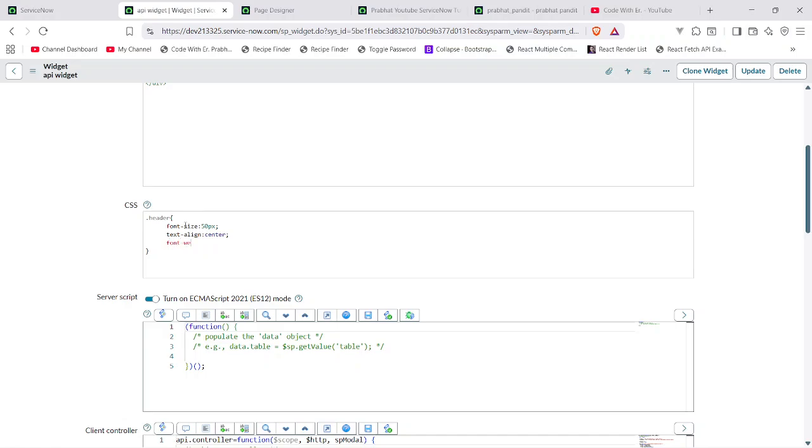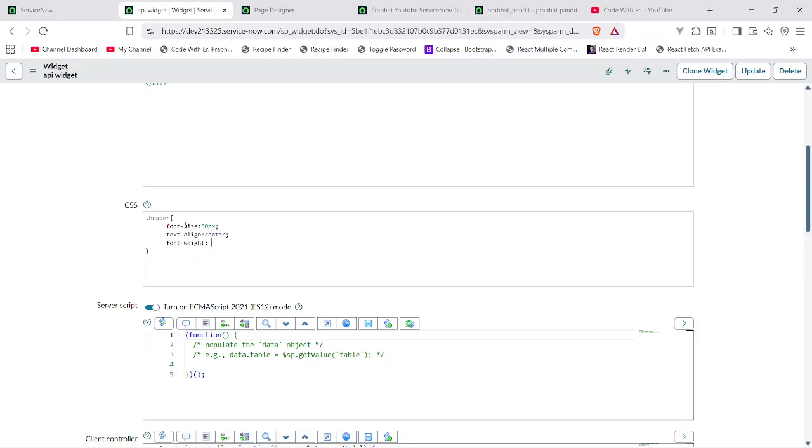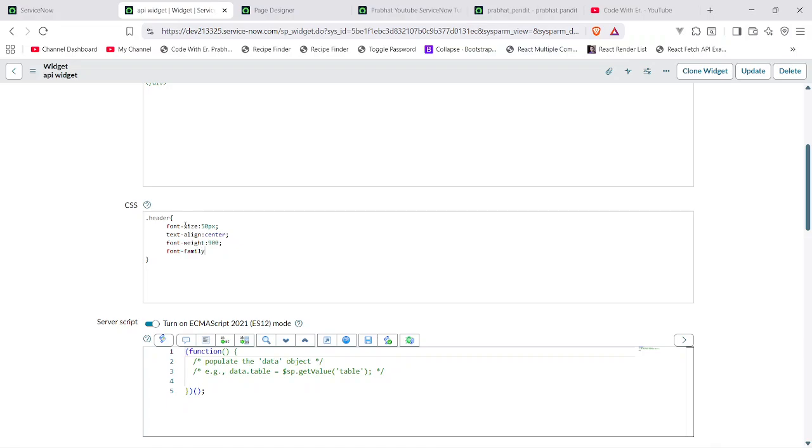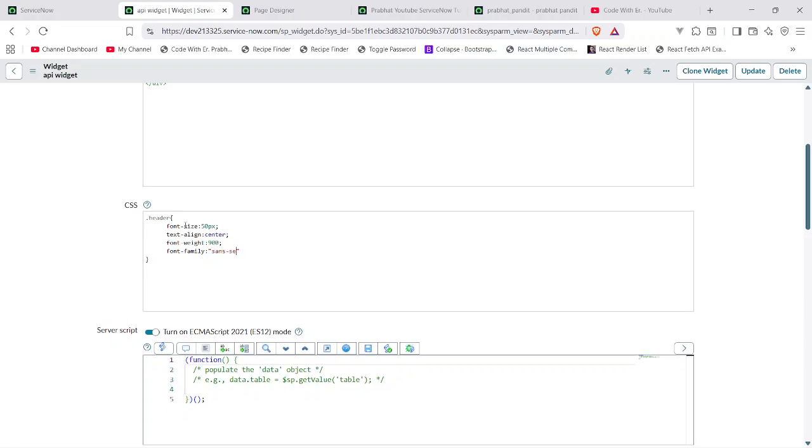Font weight I'll give 900, and I'll say font family as well. I'll say sans serif. Okay, sans serif. This is it. So just close this